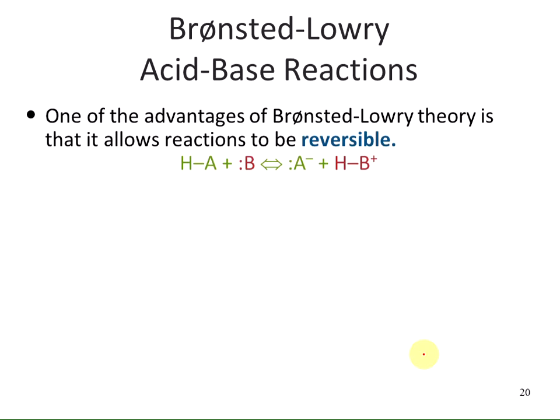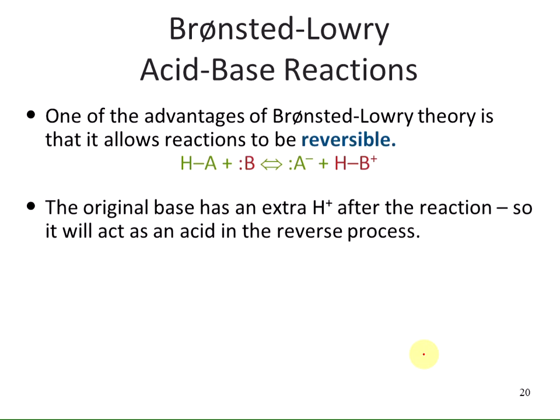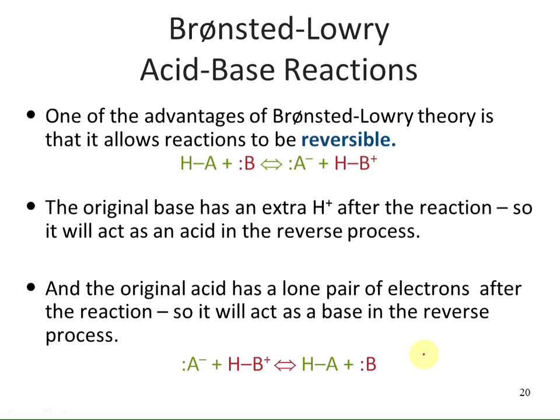The original base has an extra proton after the reaction, so it will act as an acid in the reverse process. And the original acid has a lone pair of electrons after the reaction, so it will act as a base in the reverse process. So if we're looking at that in here, this is our acid and this is our base. If we write this reaction in reverse, what was our A is now a base, because the base can accept the proton and it can reform its acidic form of the HA. So it's indicating that reversible nature of the reaction,